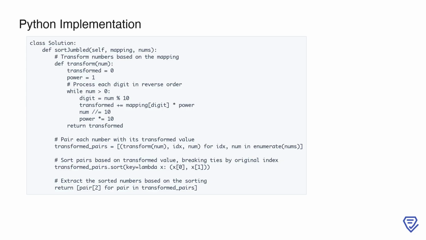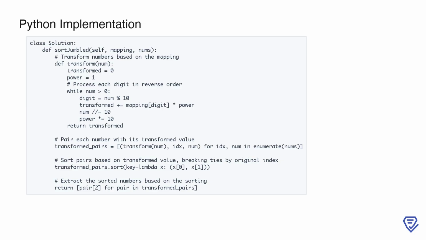This approach ensures that the transformation and sorting processes are efficient. The complexity of the solution is determined by the transformation of each number, O(D), where D is the number of digits, and the sorting step, O(n log n), for n numbers, resulting in an overall time complexity of approximately O(n log n). The solution handles all edge cases, including empty input, single-element arrays, and cases where all numbers map to the same